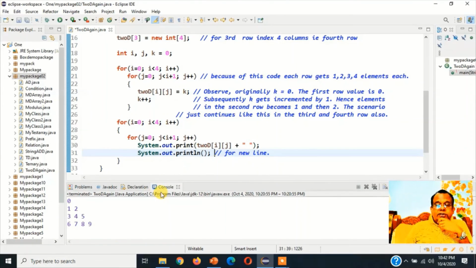This particular code is very much familiar to you. Already I have done a similar program in one of our earlier programs. I have considered this code, and you are familiar with this code. For example, look, suppose I comment out the last System.out.println. I told you it is for a new line. If I do it like this,